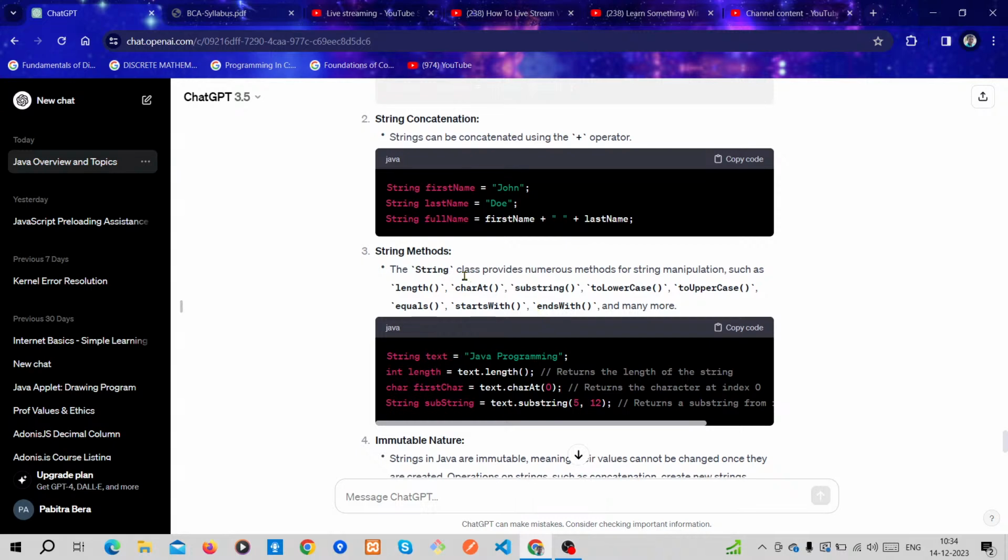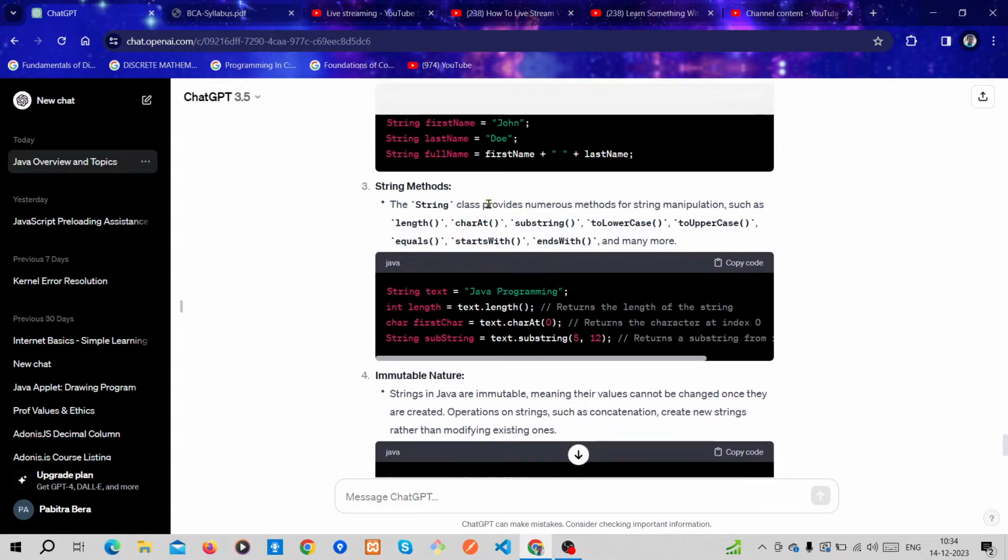String methods. The String class provides numerous methods for string manipulation, such as length, charAt, substring, toLowerCase, toUpperCase, equals, startsWith, endsWith, and many more.